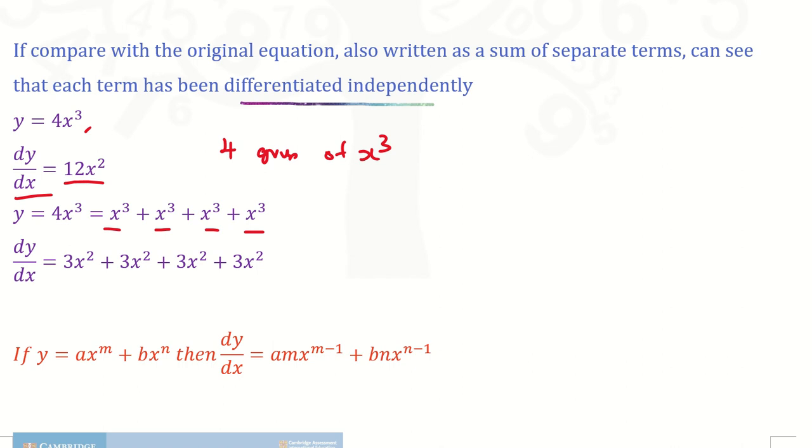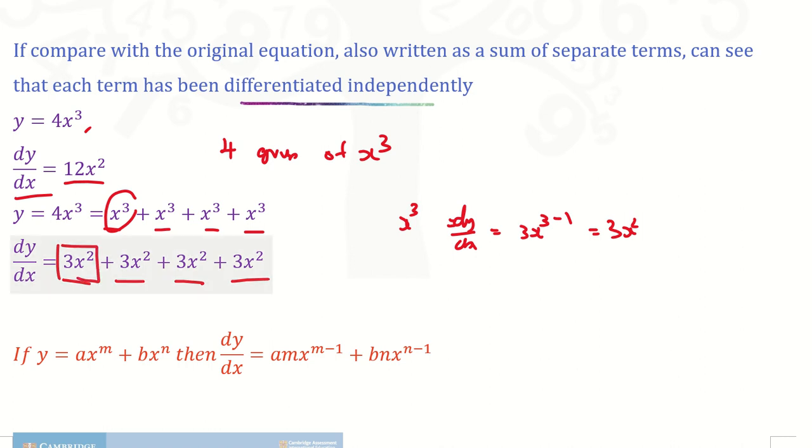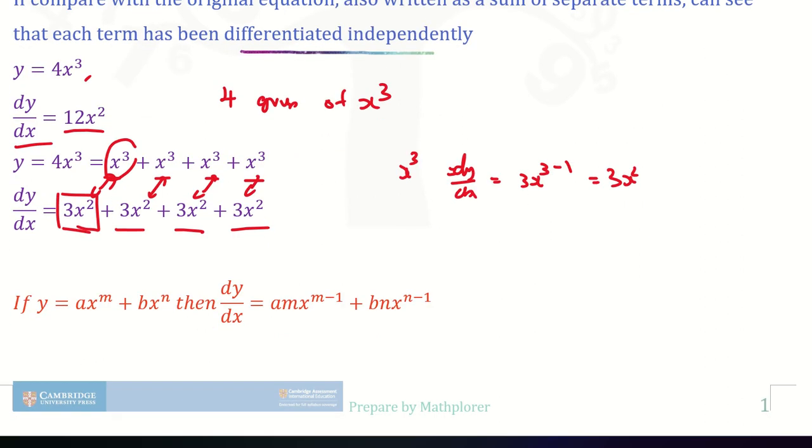然后我们再来看 dy over dx，也把它分成 4 个组合，所以会有 3x squared，3x squared，3x squared，3x squared。你看到每一个 term x cube，当你进行 dy over dx 的时候，differentiate 它就是 3 乘 x，然后 3 reduced by 1 become 3x squared，which is exactly the same。所以这边有 4 组，这里也有一样的 4 组，每一组都是各自 differentiate independently 的。